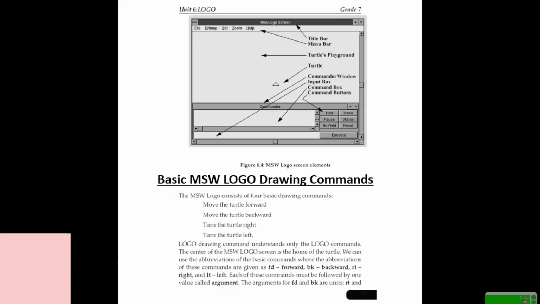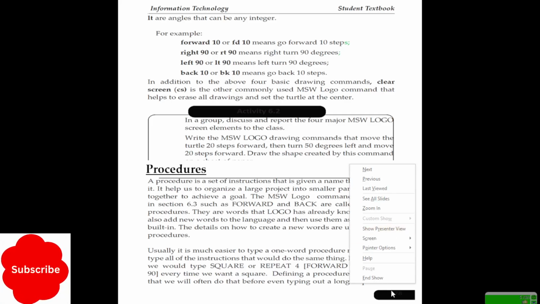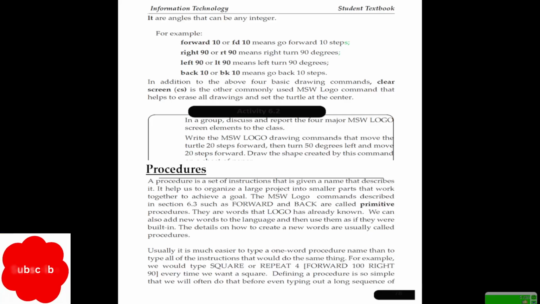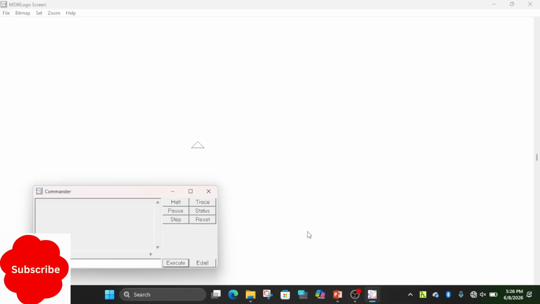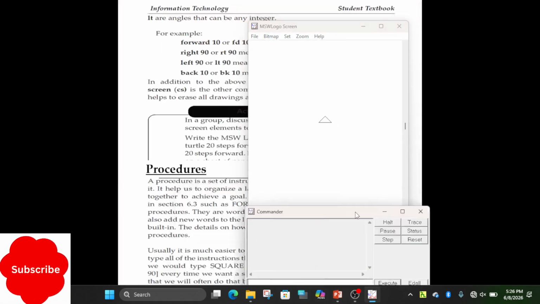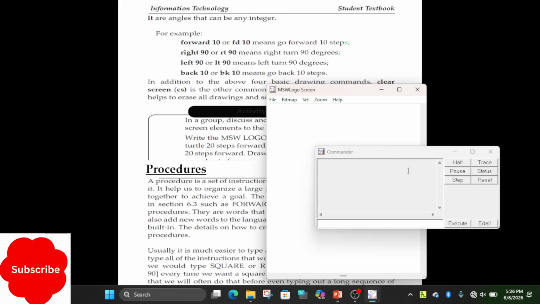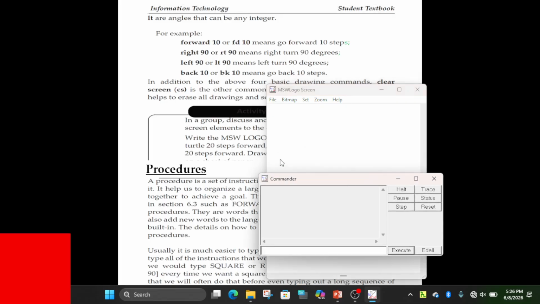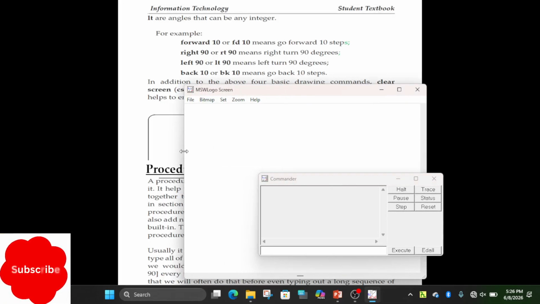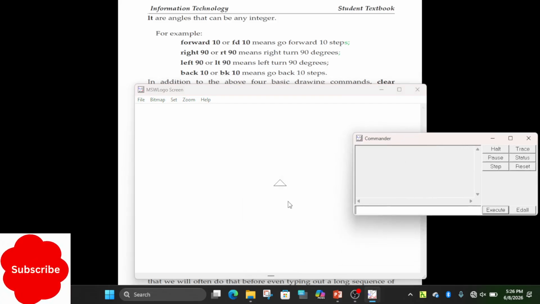Here is an example for this. Here is the Microsoft Windows logo screen, the turtle main window screen.